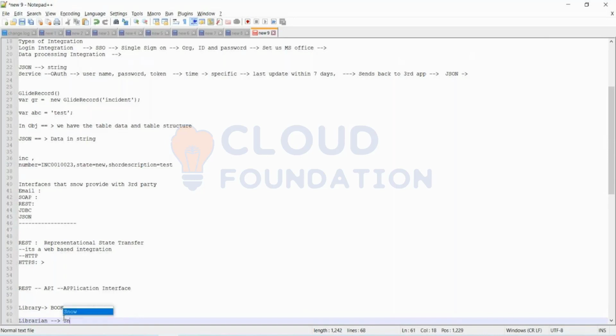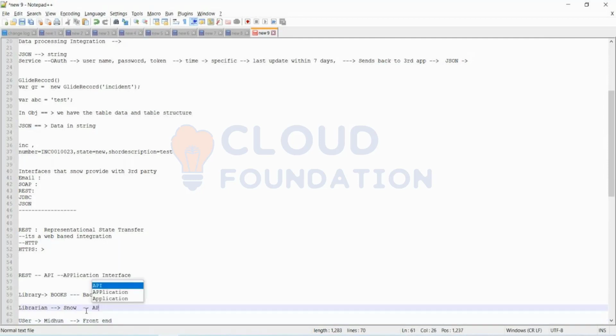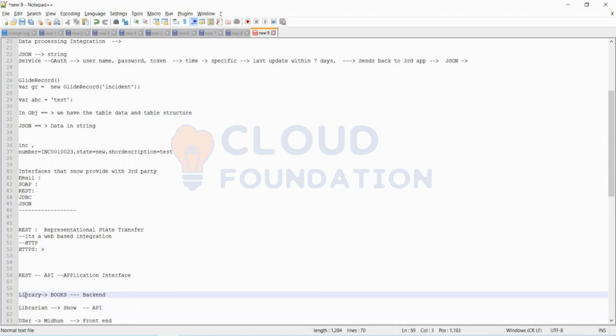You are the person accessing and reading the book, and you also need a token for accessing it. So can I say the library is the backend? You are reading the book on the front end. And your librarian is the API, meaning the medium for you to access the backend application from the front end.